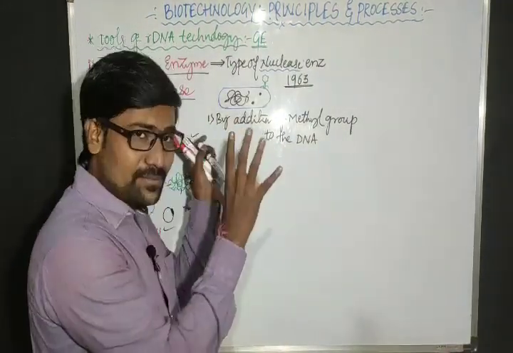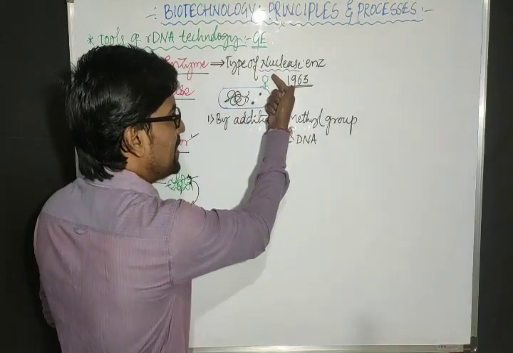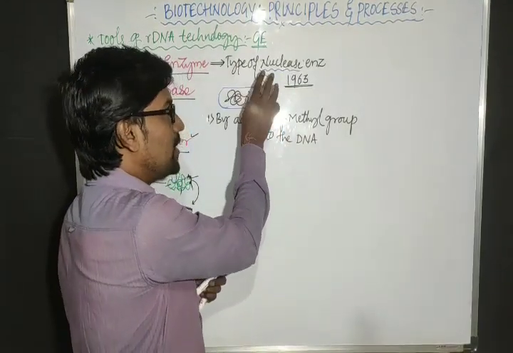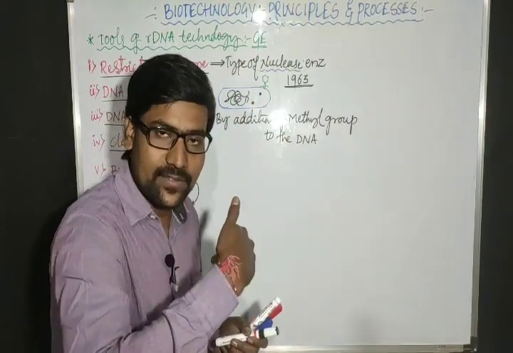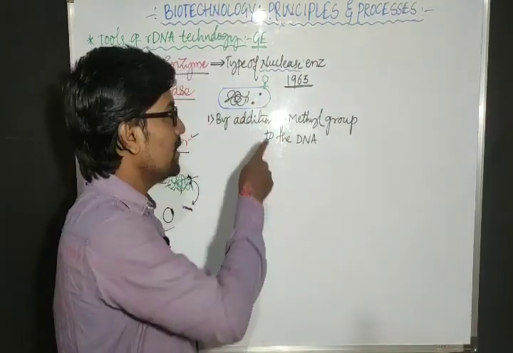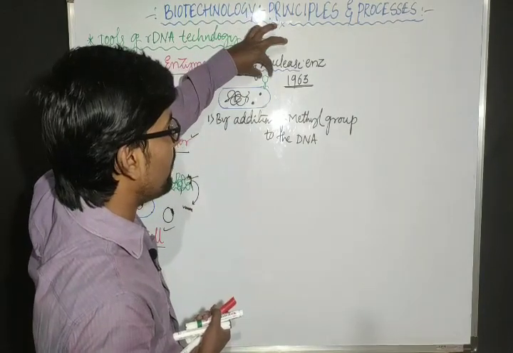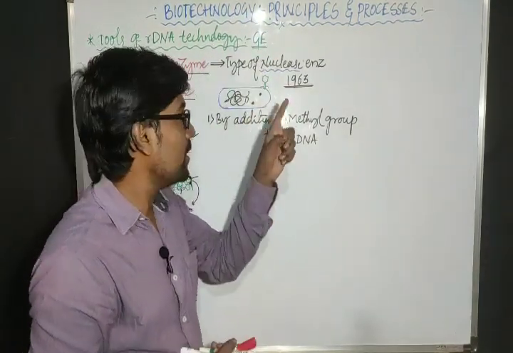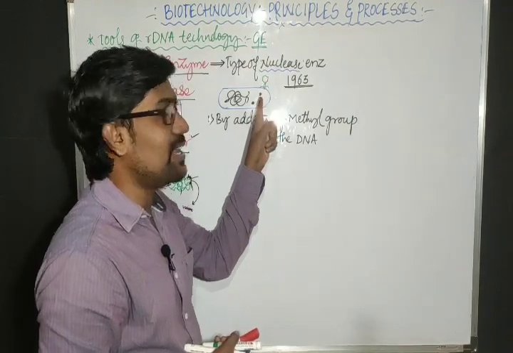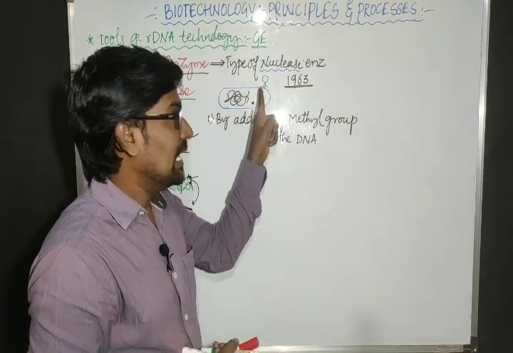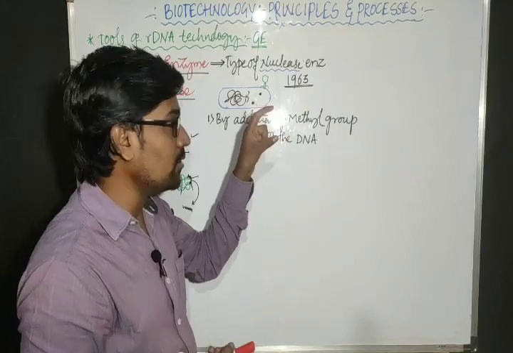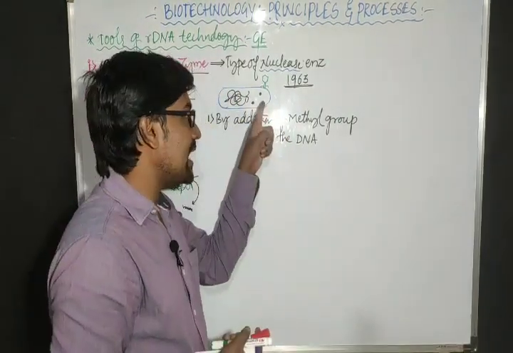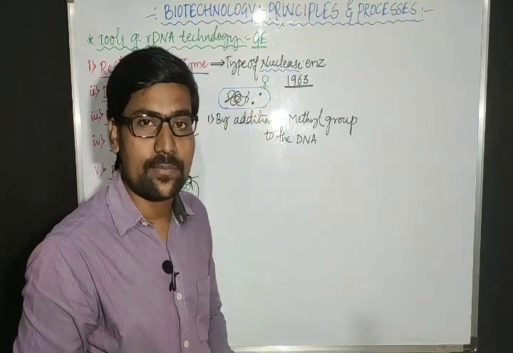See here, what I am saying is, when one cell is entering inside other cell, this cell will stop the growth of another cell inside. How? If the bacteriophage is entering inside the E. coli cell, the total bacteriophage will not enter. Bacteriophage DNA will enter inside, just genetic material. That DNA will not work inside this E. coli cell. Why? Because inside E. coli cell two types of enzymes are present.